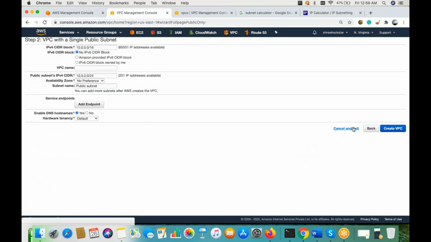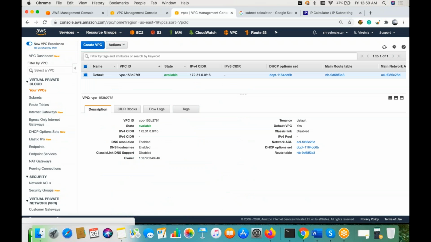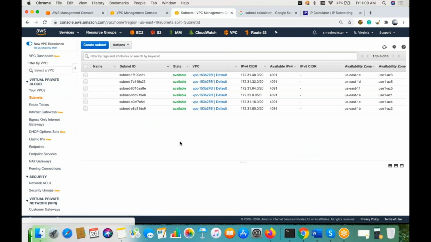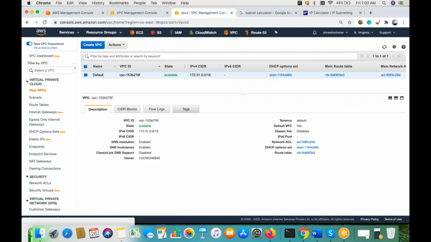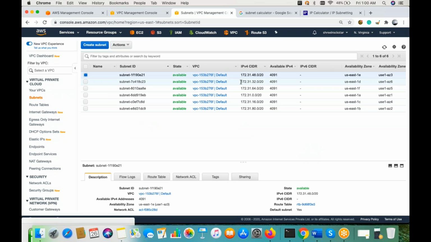See this one. Let me cancel again. I hope this is understandable, what exactly this is. So guys, this is the CIDR value. Inside that, we are creating a subnet. Subnet means you are giving different parts of IP addresses. This will be my main range, 172.131.0.0/16. If I go inside the subnet, they have created multiple subnets for us. See this one, 172. This is one range, this is the second range, but these are part of the same VPC, because in main we have the CIDR value.